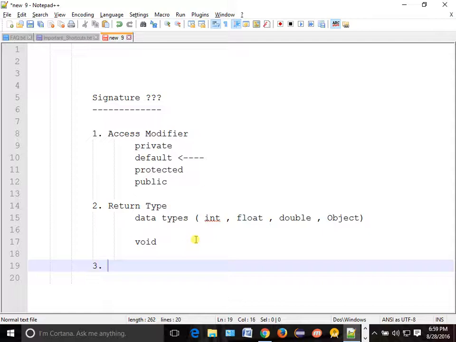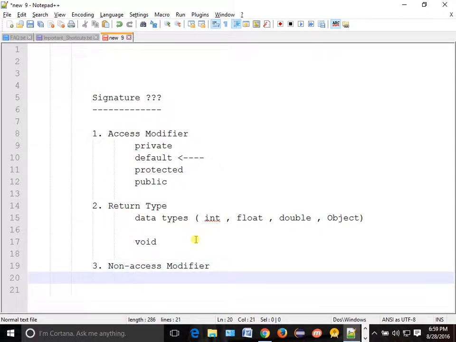Your third thing is called the non-access modifier. What are those non-access modifiers? Something like static, the one which we are looking into now. Then final, we will see while going through.